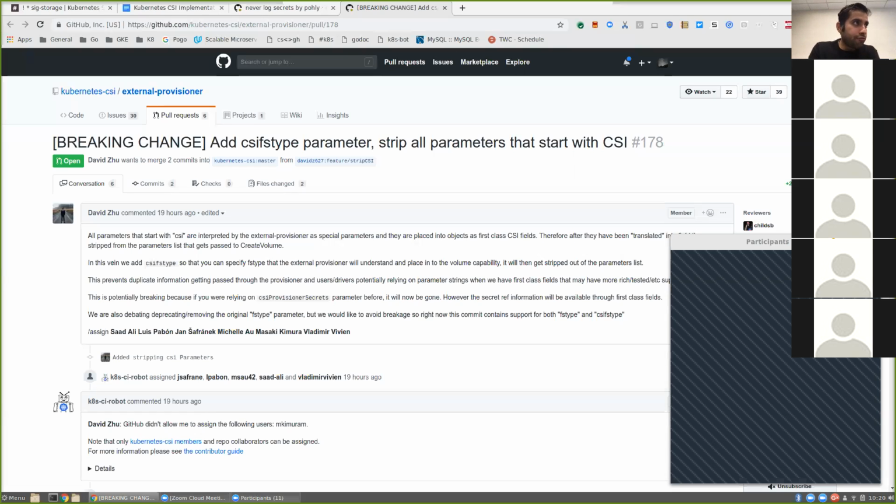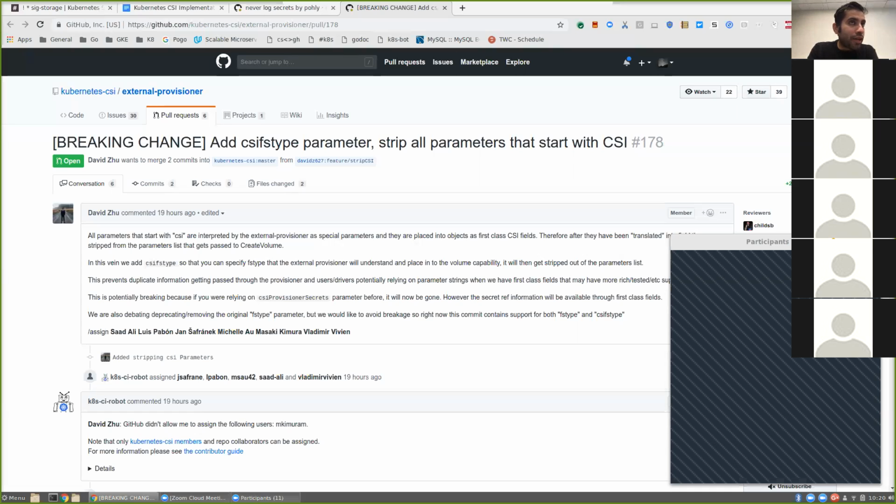That makes perfect sense to me for the FS type transition. But going back to what Luis was proposing, which is a new first class reserved prefix, more like a traditional namespace. If we do that, then we're basically expanding the scope of things we could potentially be breaking.